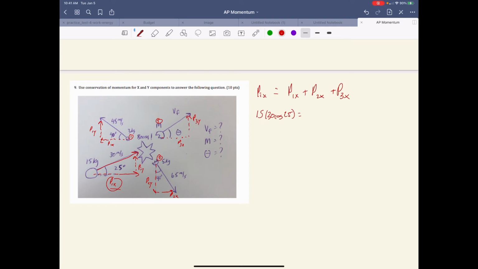P1x, now that's a negative value. If you look right here, this goes to the left, and that's going to be a negative value, so that's going to be minus 3 times 45 cosine 40. Now P2x is a positive, so plus